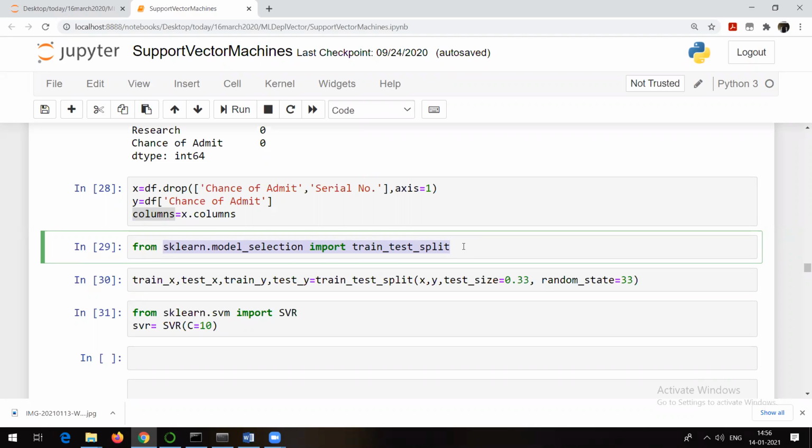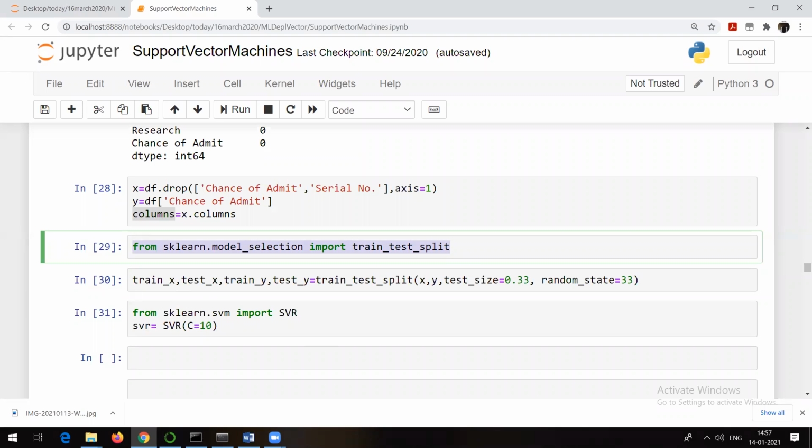I am talking about those people who are interested to execute the code and who are interested to learn more. Execution on your own is very, very important. After that, you come up with the doubts. You are welcome to ask the doubts, definitely. But execution will be very, very important. Keep that in mind. So here I am trying to import train_test_split.